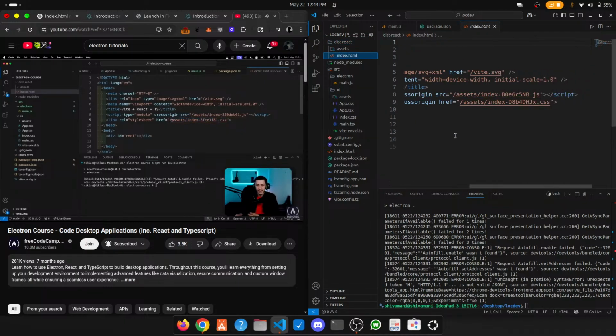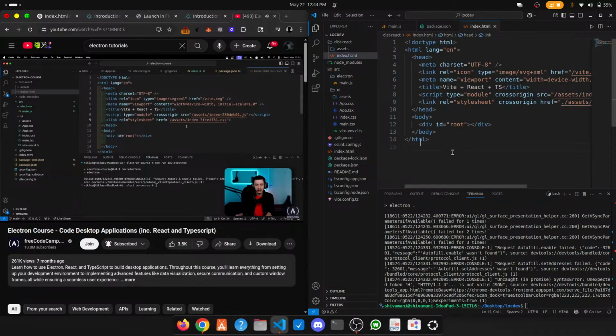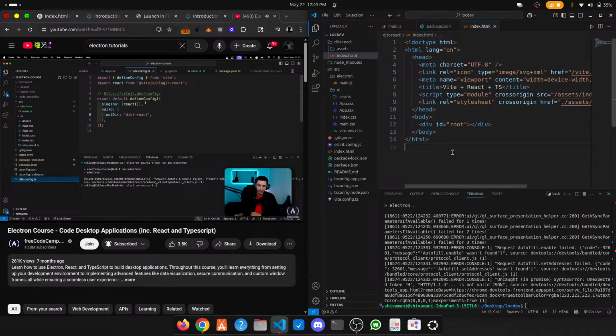But of course, on a Mac, slash means the root of the file system, which is not what we want. We actually want ./assets in both of these positions right here. So how do we actually solve this? Well, it's actually quite simple. We can just go into a vite config right here and say the base path of our project is ./